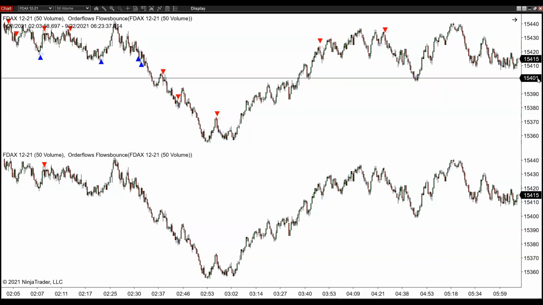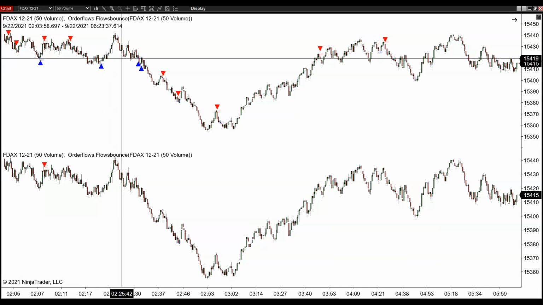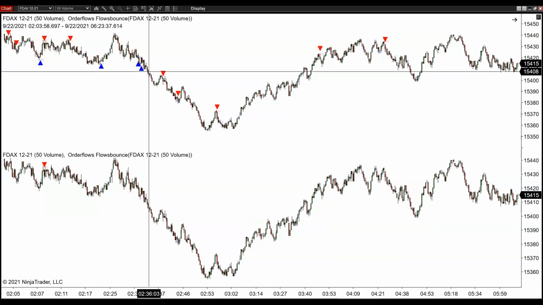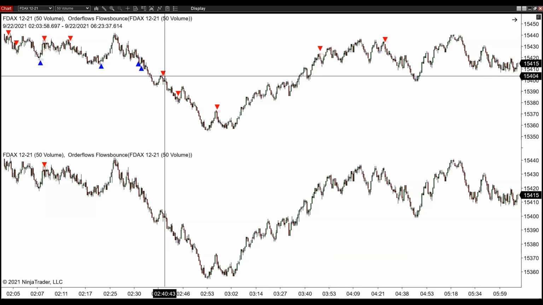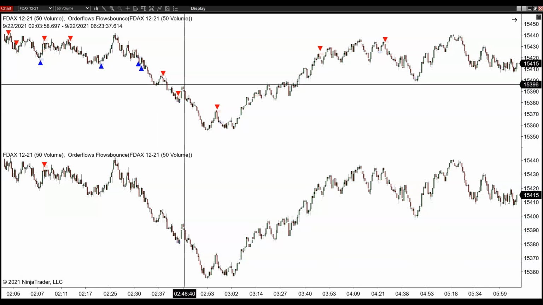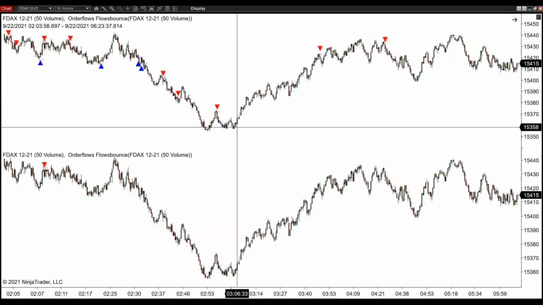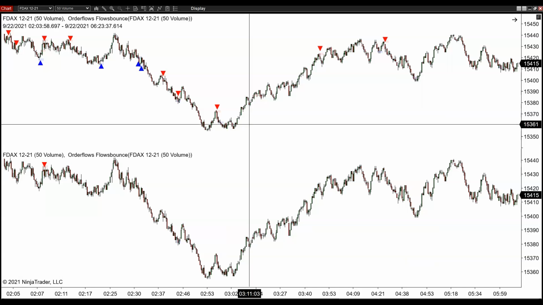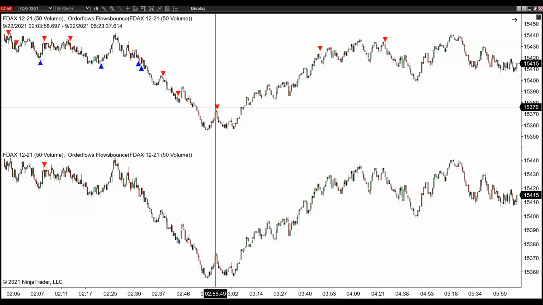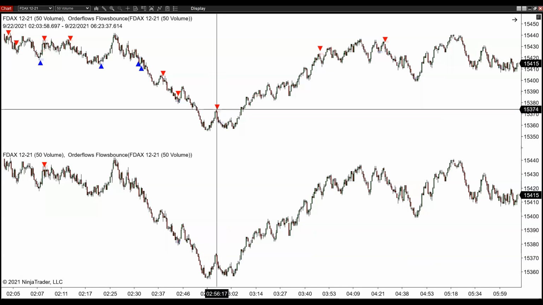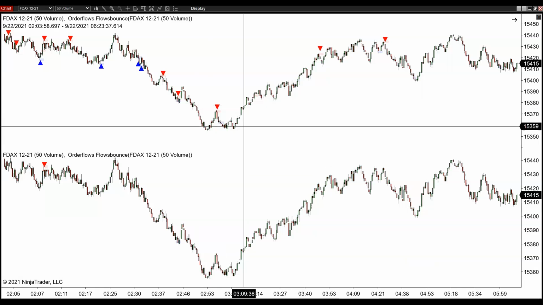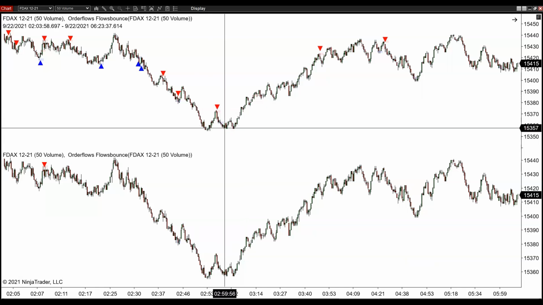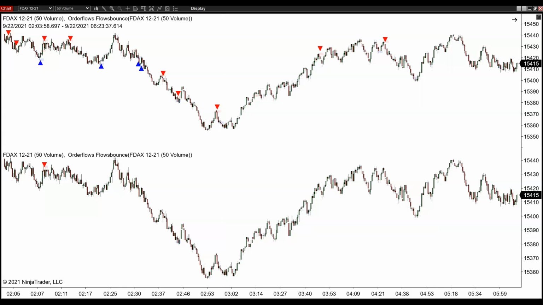I would love to have an indicator that's going to tell me to sell here, buy here, sell here, keep it short, cover it here, get short again here, cover here, short again up here, buy here, add some more. But order flow can help you. That's why we develop different tools, right? Because what's happening that's telling you to get short here is a unique thing in the order flow. But on a different way of analyzing order flow, it could be telling you to buy here as well. So there's so many different ways to use order flow, right? There's not just one way to